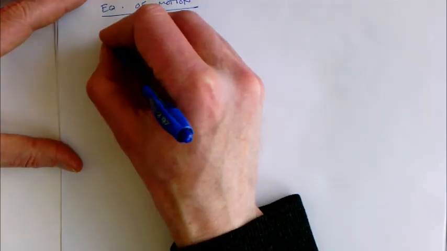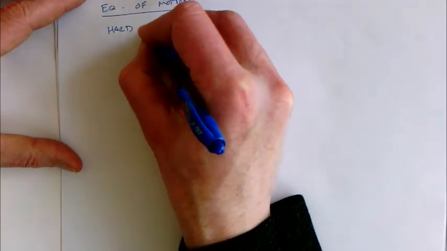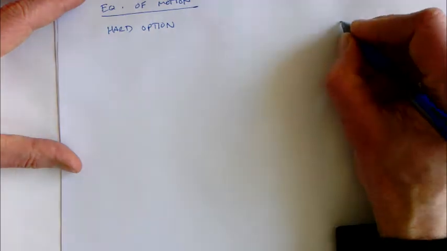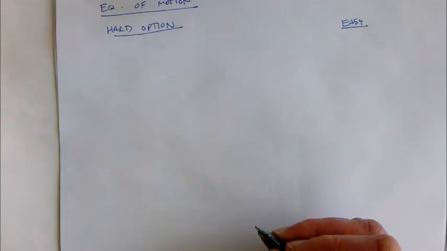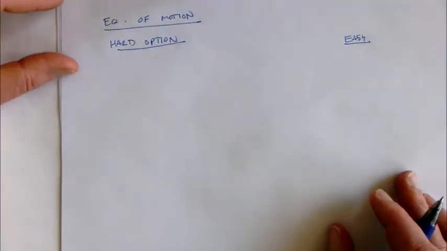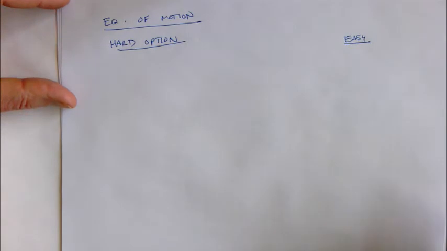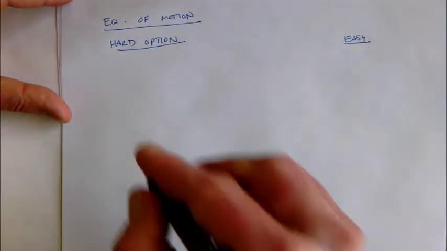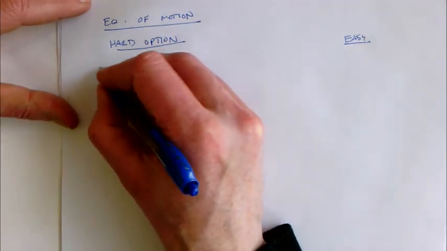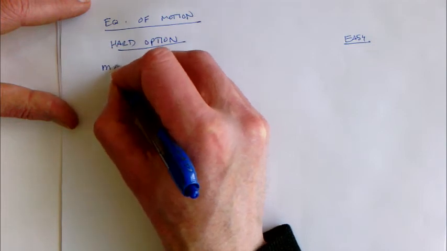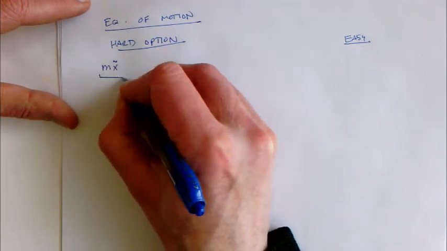So let's do the hard option first, and then do the easy option. The hard option is where we simply blindly apply summation of forces. It tells you the time rate of change of momentum. Summation of torques tells you the time rate of change of angular momentum. So if we do that, what we get is m times x double dot, right? This is the time rate of change of the momentum,